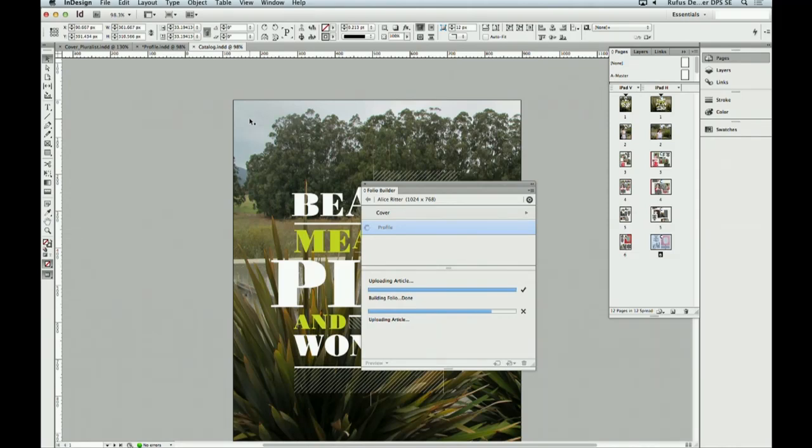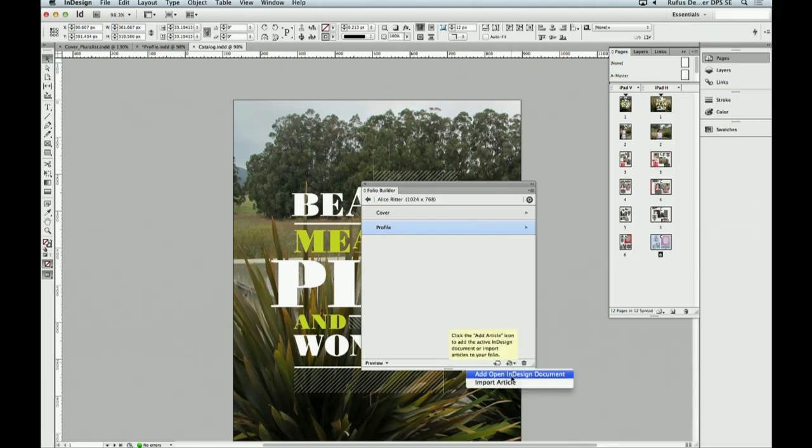Okay, almost there. One little bit more. Come on, you can do it. Still uploading the article. Okay, done. All right, so now we are here in the catalog, and we are going to add the open